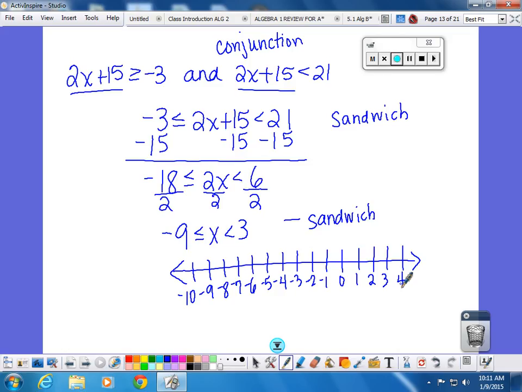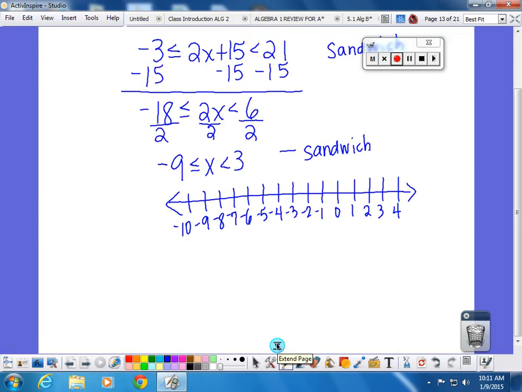now, a couple ways to look at this. You can do it like we did that problem before this. Say, okay, I'm going to do above and below. I'm going to say, x is greater than or equal to -9. Okay, well, I'm going to color that circle in and go this way. You can say, okay, well, when I read it over here, it says x is less than 3. Okay, that's an open circle going this way. And the way I did this same type problem a few minutes ago, I'm going to say, okay, where is there now red and green? Between here and here. But wouldn't it have been so much easier in this kind of problem when it's already